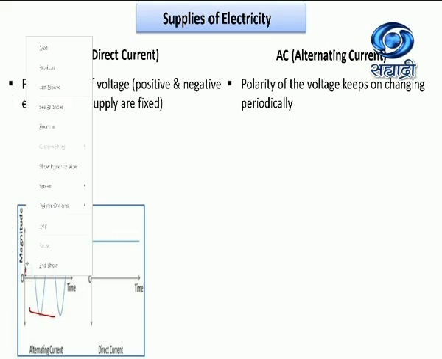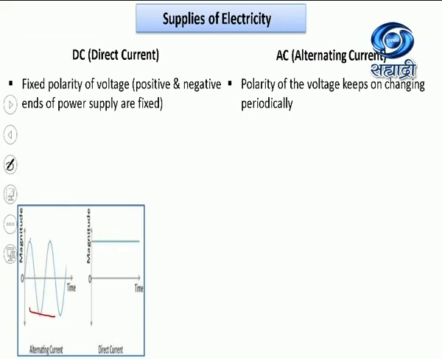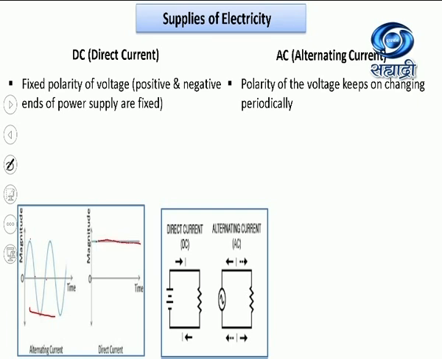Initially, the current is 0, which increases, it is maximum, then it goes down, reaches 0, then the direction of the current is reversed, it goes to the peak value and again comes back to 0, in alternating current. Whereas in case of direct current, the magnitude as well as direction of the voltage or current remains constant, which we can see in this diagram.